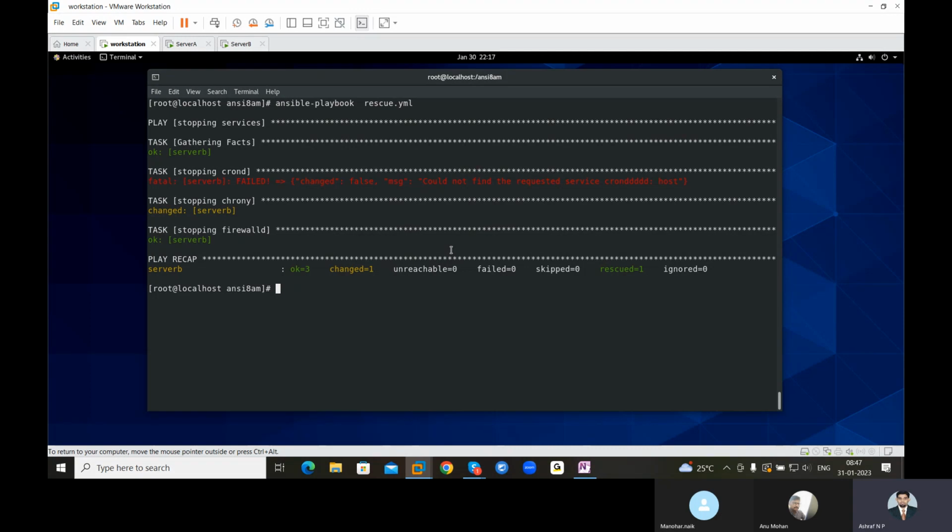Okay, so I'm just going to write a small script which will create a file and enter a block of lines to the file. Okay, vim, I'll just say repo.yml.